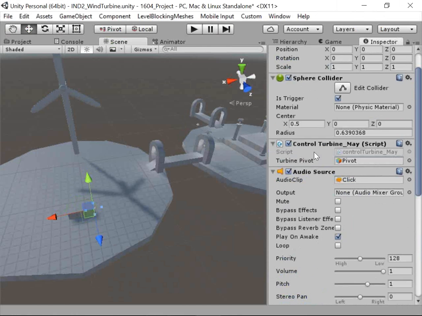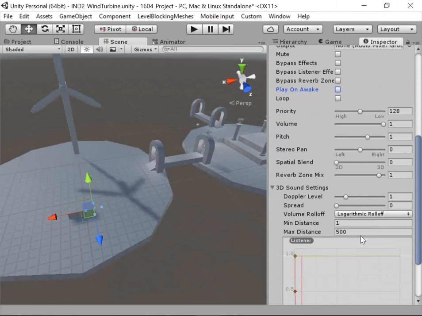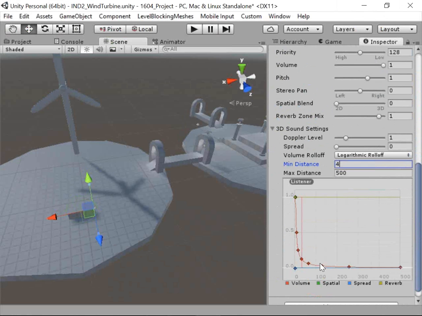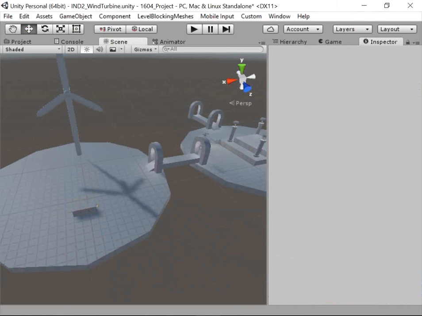So let's go ahead and turn off this play on awake. And we can turn up the minimum distance just a little bit so the player can hear it from farther out. And then feel free to mess with this. Really the best way to understand how this is working is just break it, try it, see what happens when you mess with stuff, and really just have fun with it and see what you can produce. So we have our audio source on the